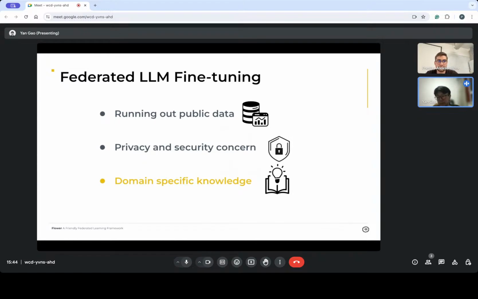Federated LLM fine-tuning offers an opportunity and solution to these concerns, which allows individuals or organizations to collaboratively improve a shared model without sharing their raw data. It also provides an opportunity for privacy protection, while enabling access to a pool of protected data, so it addresses issues such as the lack of public datasets.